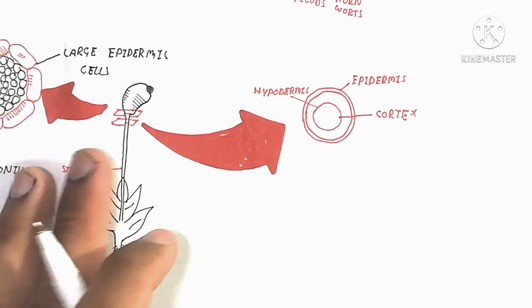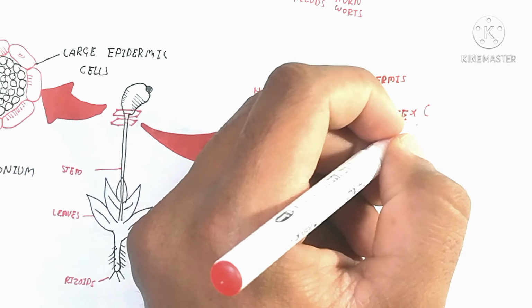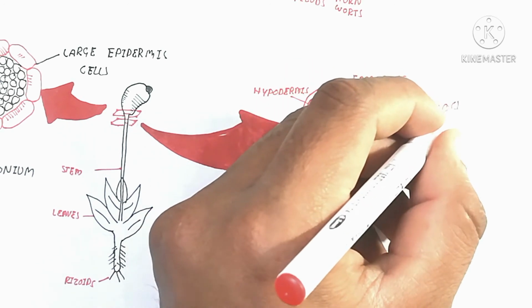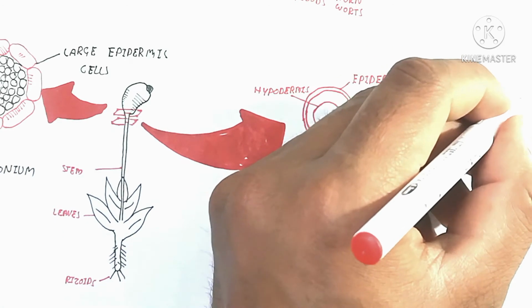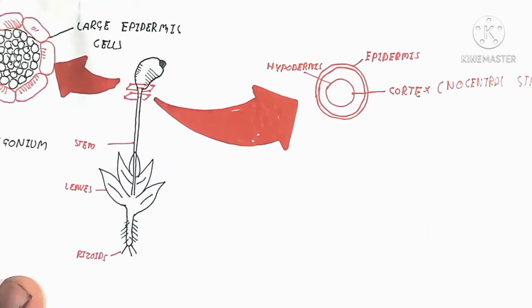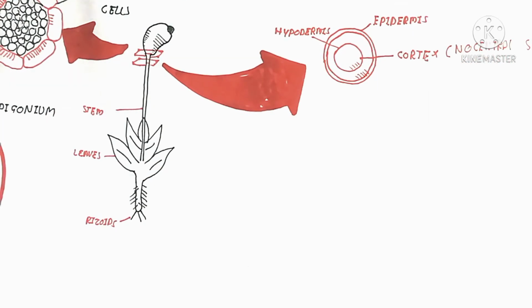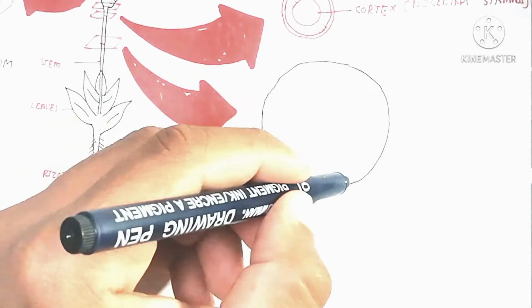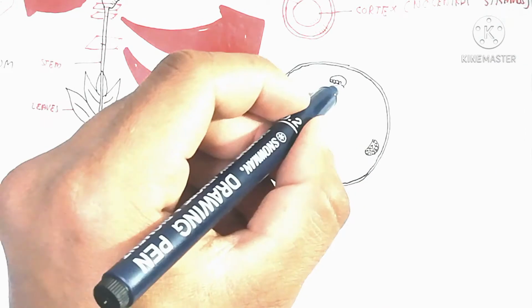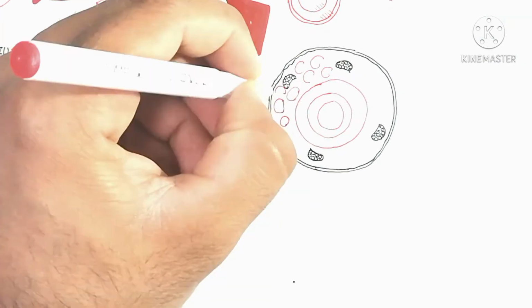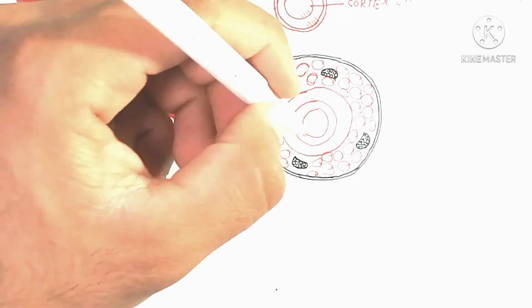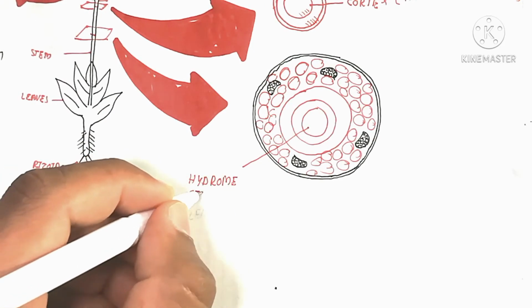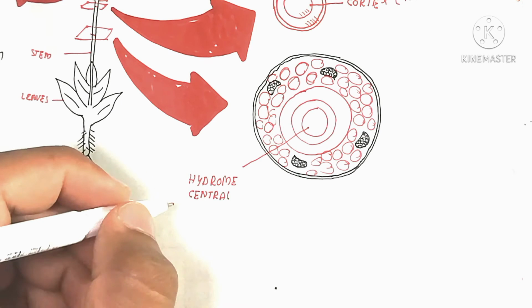So the cortex will be formed here, and the leaves will be germinated by the below of the stem cross section. Here we will discuss the cross section of the below of the stem. Here is the structure, the pseudo leaf trace. That pseudo leaf trace will form the precursor of the leaf during the evolutionary process of the plant